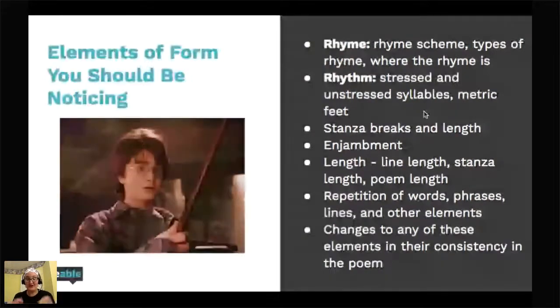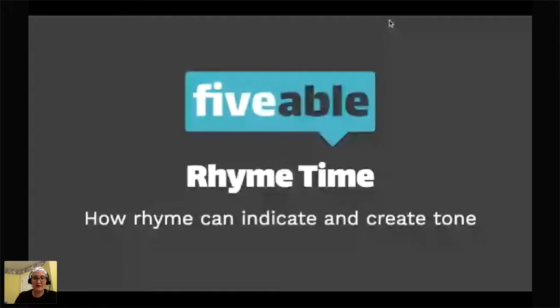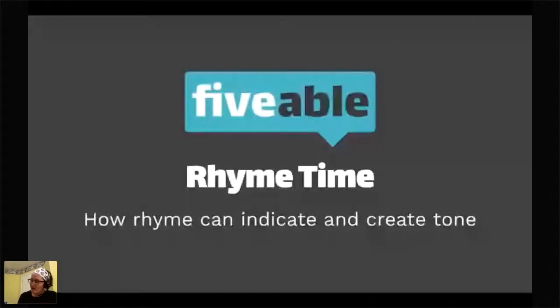But this does require you to look into a poem for those elements of form beyond what the subject matter is or what the plot of the poem is. But that's what we're doing today. And once you keep practicing with that, you start to notice it more and more. Okay, we looked through that. Cool. Let's talk rhyme. So if you got questions, again, like I go through things quickly, or you want me to go back to something, if you have a question, once I move on to the next part, I'm happy to answer questions, whether it has to do with rhyme or rhythm or anything about the poem, ask it away. So I'm just going to keep going until I'm asked a question.